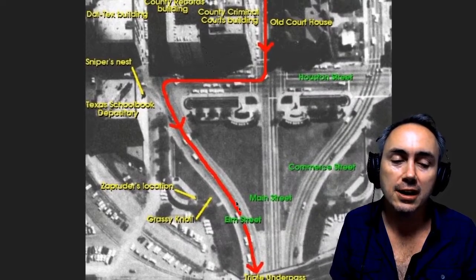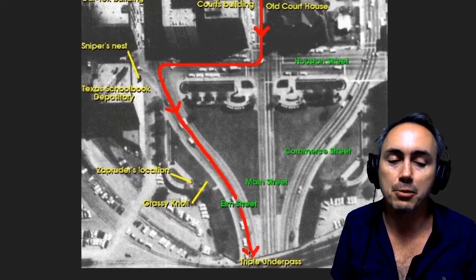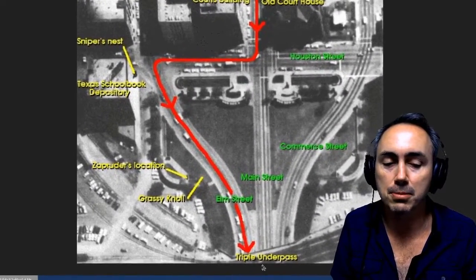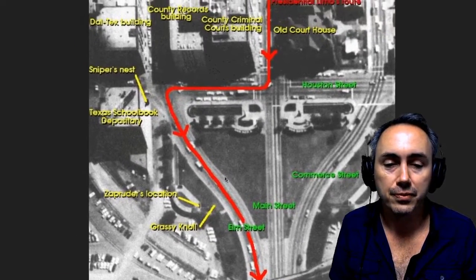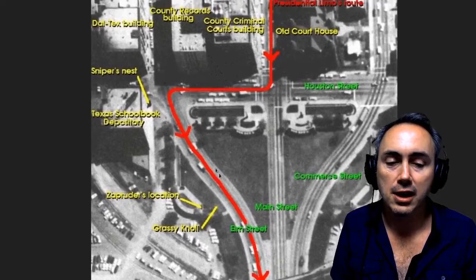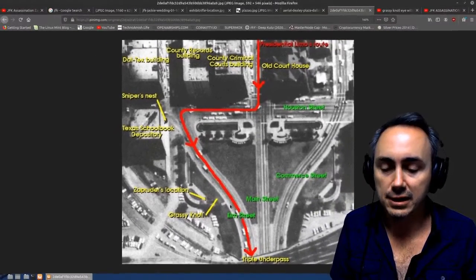And then once he got shot, the Secret Service driver sped up quite a bit. By the time he was going under the triple underpass down here, he was going quite a bit faster than when JFK got shot right in here. He was going very, very slowly indeed. Okay, now let's listen to one of the eyewitnesses who actually witnessed the assassination in person. Let's see what he has to say.